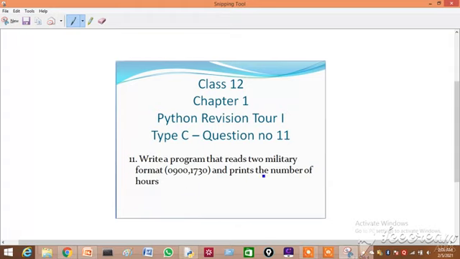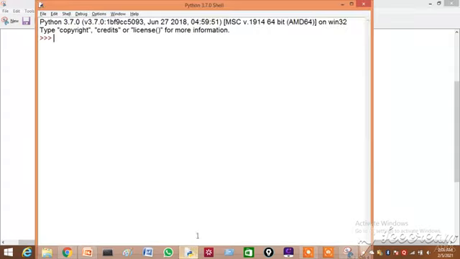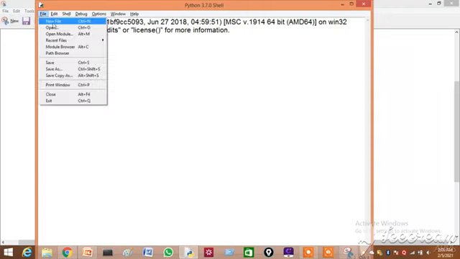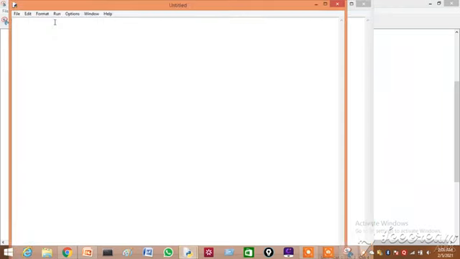So what will be our input? Here the input will be the two timings, that is start time and end time. You have to get them from the user.